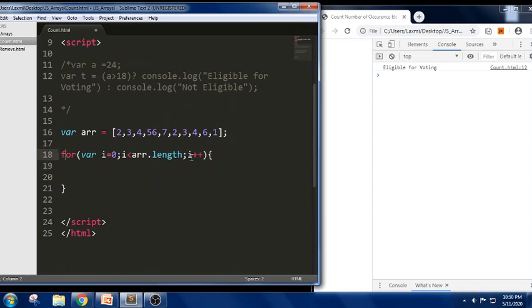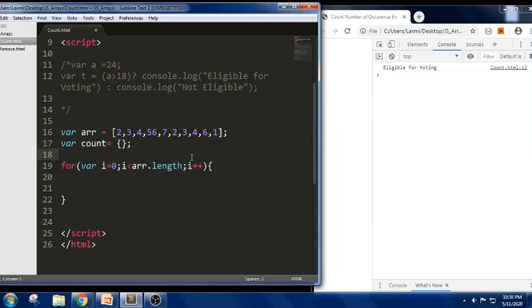Now I should be able to print the count of each array element. So let me take a variable count. Let me take it in the form of an object, where it will print each element's count. That is, for the 2 it will print 2, for 56 it will print 1.